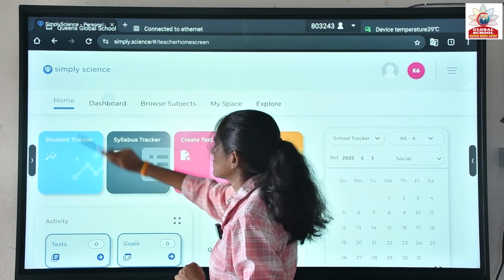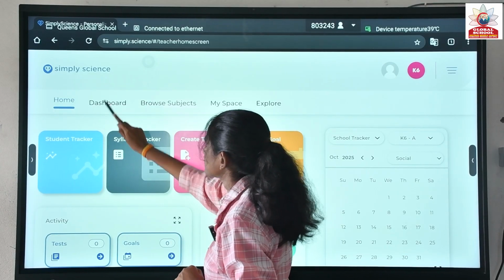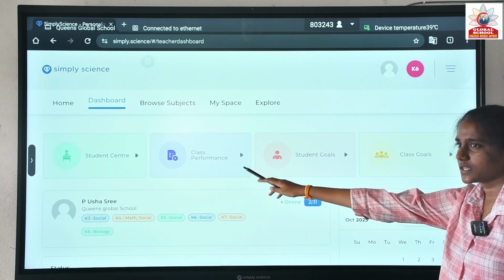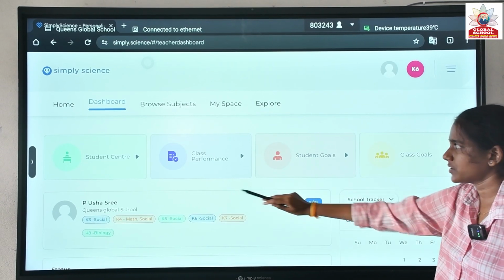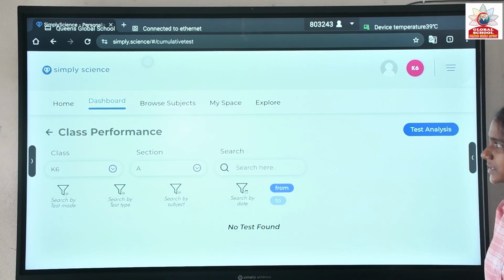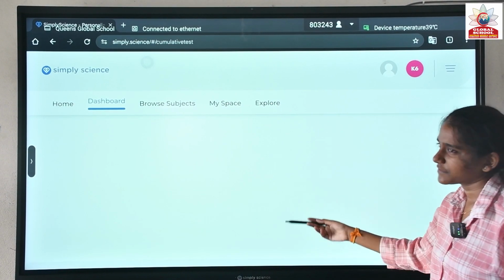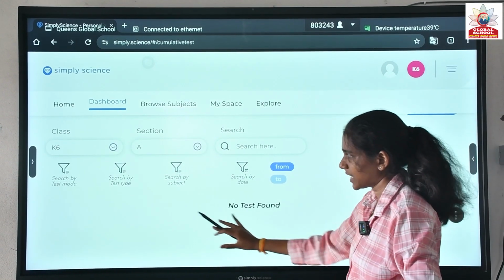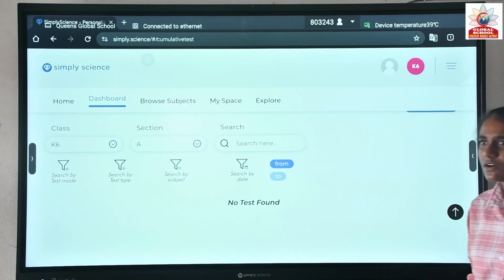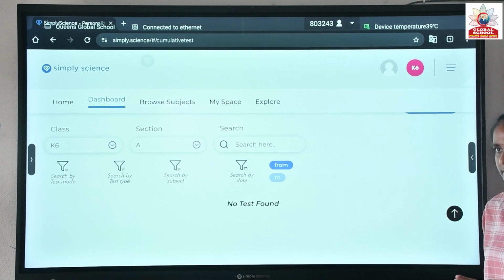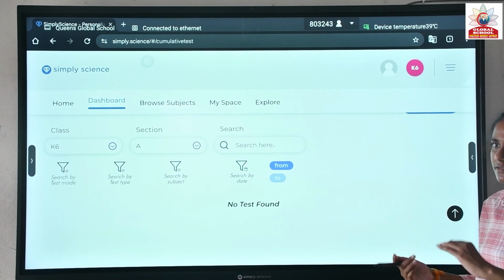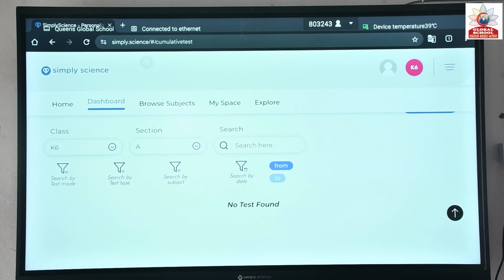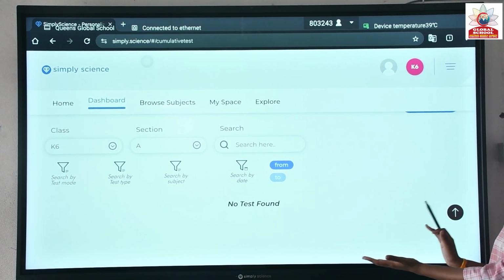The dashboard is like, so you have created the test. This is the overall reports. So you want to see the overall class performance report. Just click on class performance, select the class. So till now we haven't created any test yet. So once you have created the test, it will come over here, ma'am. So if it is offline, you can assign the marks to the students. If it is online, automatically, according to the question, marks will be assigned for the online test. So overall class performance you will get here.